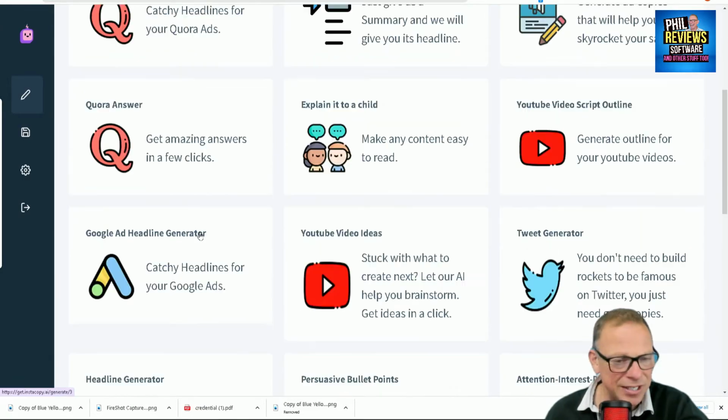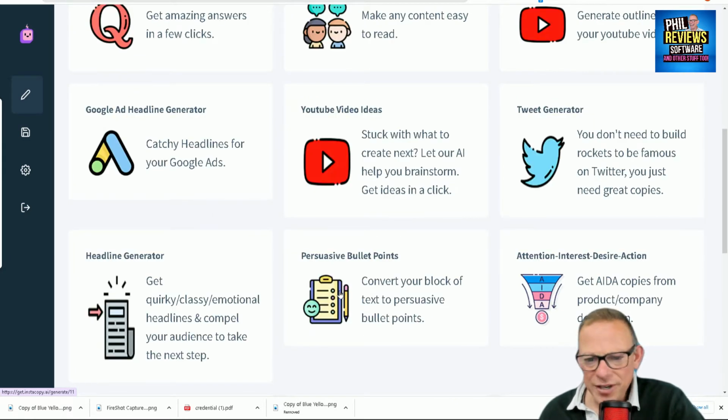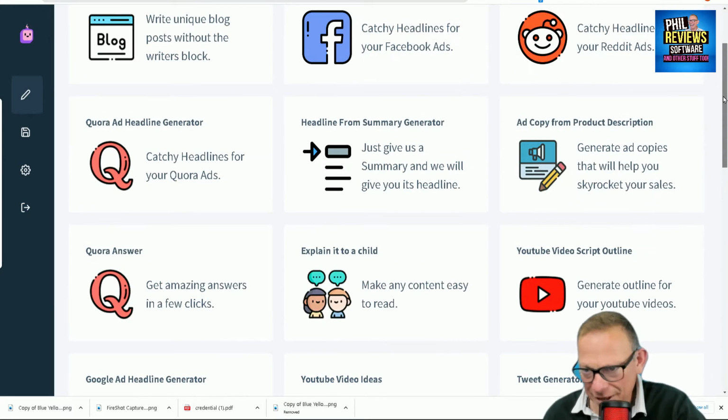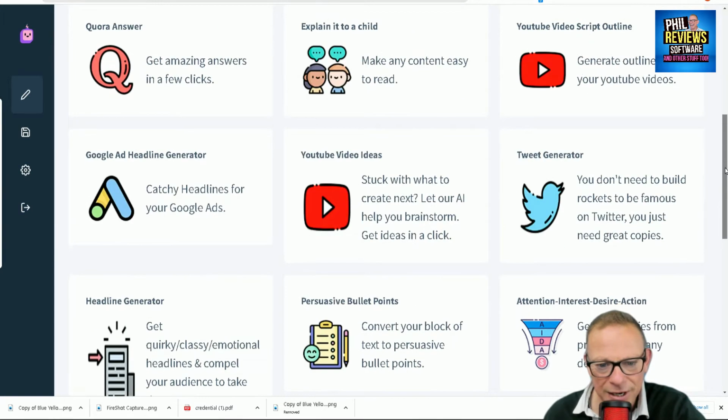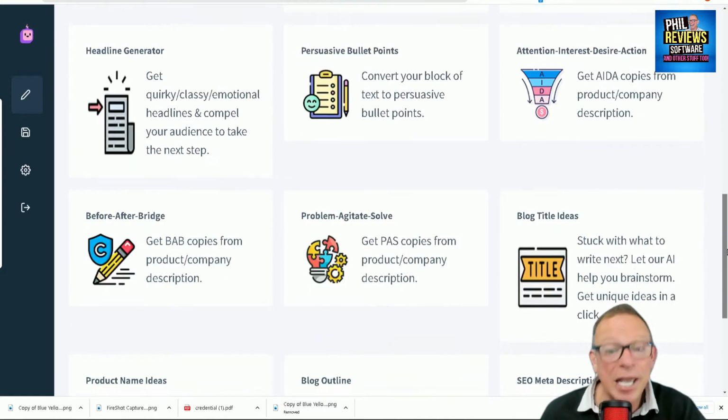When I see these, I always think they look very similar. And I do wonder if these are white labeled, if there's one big company, some massive AI computer out there, and they white label it and license it to other people who then go and sell it as their own. I don't know. I'm just thinking out loud.